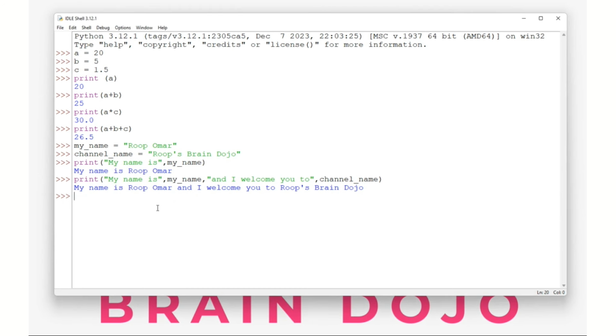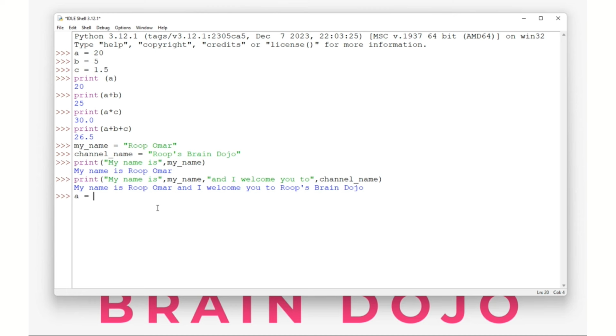Another interesting thing that I'd like to show you is that you can also change the value of a variable, and you can change the data type of a variable as well. Since we saw when we were comparing it to the other languages, in Python, when you're declaring a variable, you're not giving it a particular data type. So you can simply change the data type you're saving in the variable. Let's just say in the beginning, we gave a the value 20, which was an integer. Now we can give the same variable